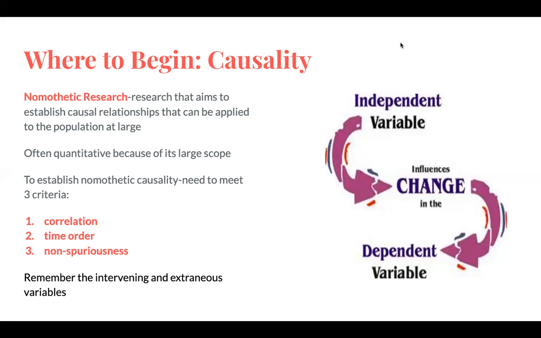The second thing that you need to show, which I've already kind of discussed, is time order. With time order, you need to show the actual order of changes from one variable to the other, that the dependent variable changes after the independent variable, so that the independent variable has to occur first in time, and then the changes in the dependent variable have to occur after that. And your book notes that it's hard to even really think so much about this in terms of applying it to our day-to-day life,